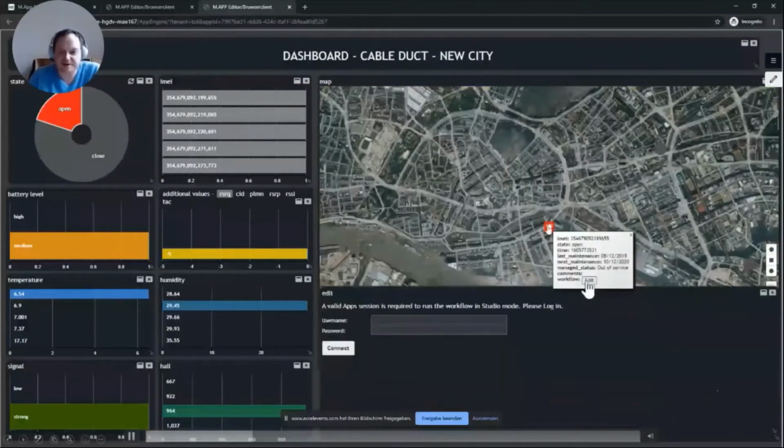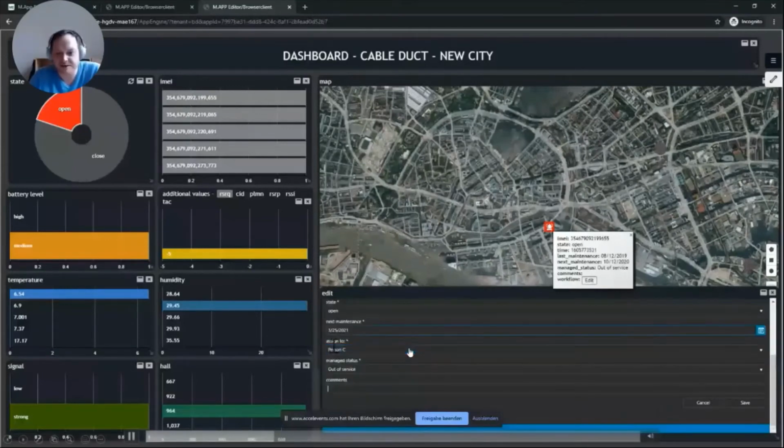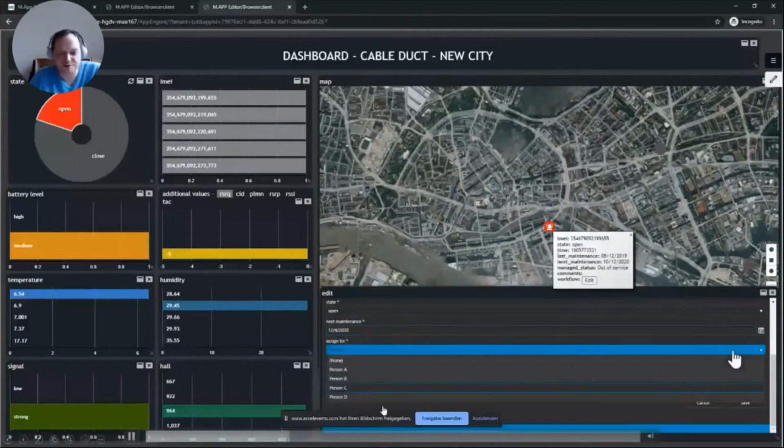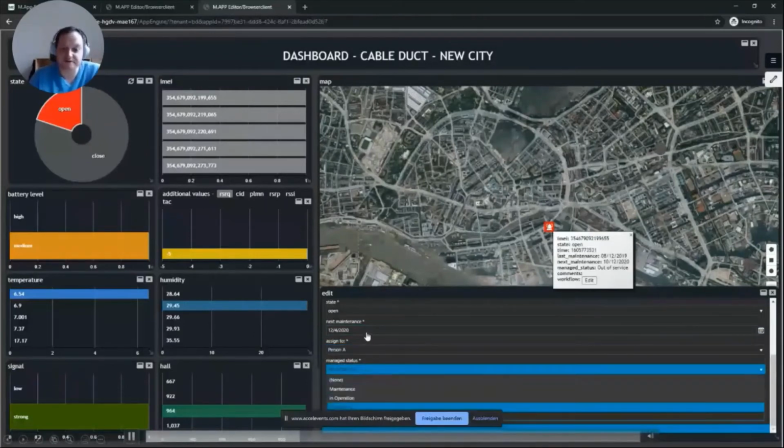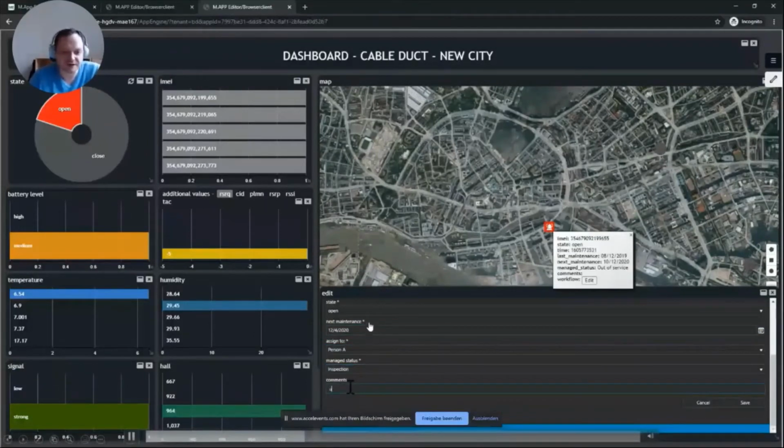And what's also new in the M.App Enterprise 2021 release is I can now also call workflows. And I think if you have watched our presentations of IMGS or us, you have already recognized that this workflow is really a powerful application, so they can easily create user interfaces. And in this case, we want to schedule, for example, the next maintenance. As there's an alert, we have to send that out to the system.